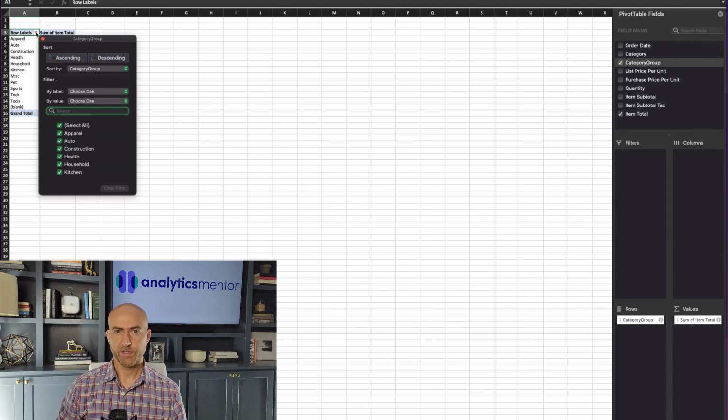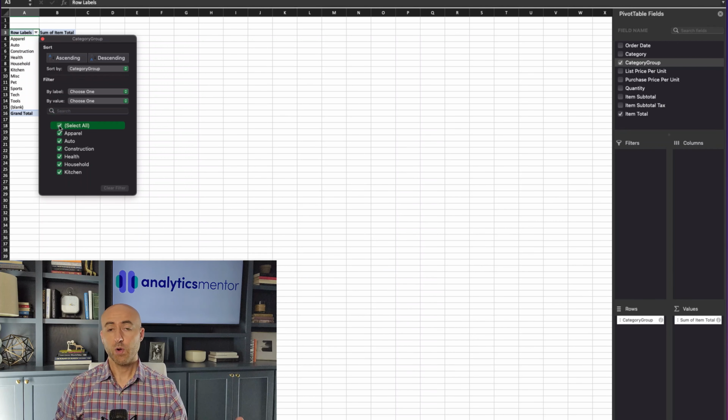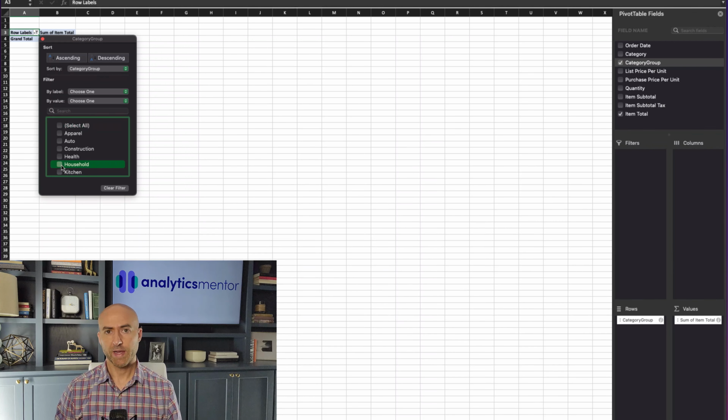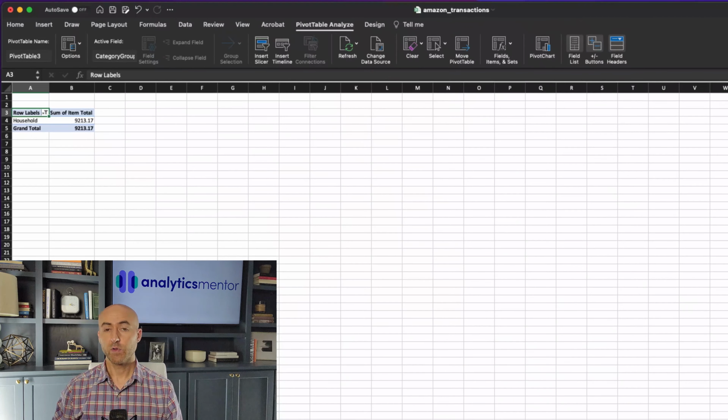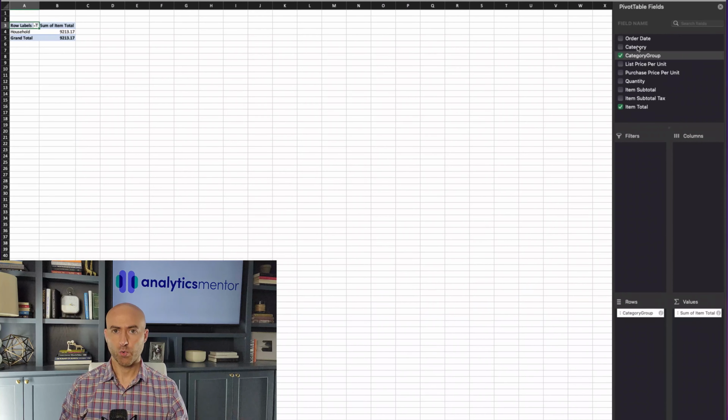To show you an example of how this filter works, I'm going to uncheck everything, and then go back and check household, so that's the only item being displayed. Now that's pretty helpful, but what if we wanted to display some more granularity to that household data? For example, we have the totals by the category, but what if we wanted to have them also by the